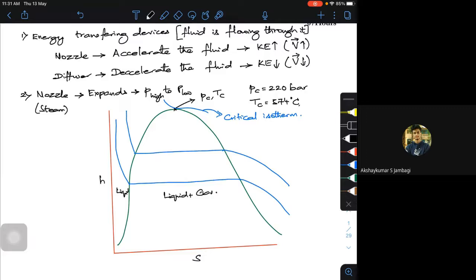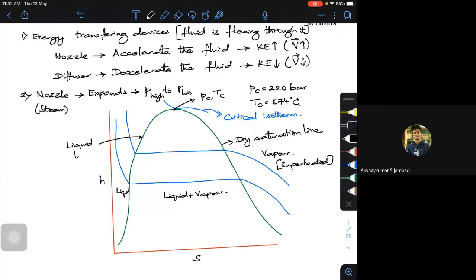This side it is completely gaseous form, that is vapor. Let me call it vapor rather than using gas. So liquid, this will be vapor. This side it is completely vapor. To the right side of it, when I speak of vapor, it is completely superheated. And this is your dry saturation line, and this is your liquid line.